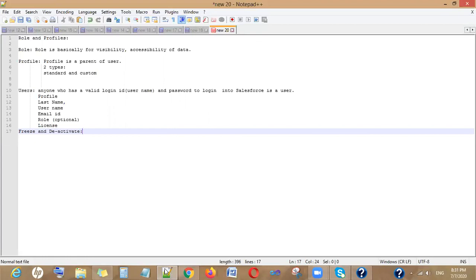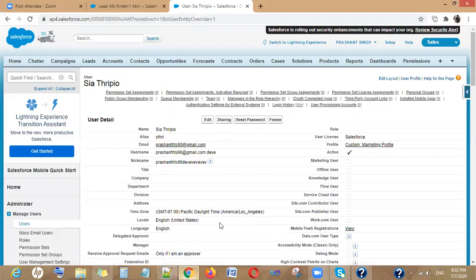It's just for 2 or 3 months. Then instead of removing the user or performing some other action, so that once the user comes back, we have the option of clicking on freeze.